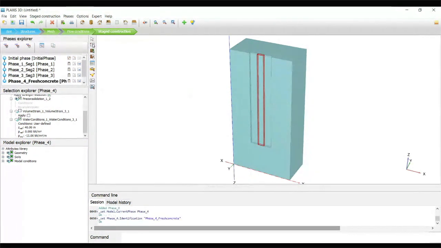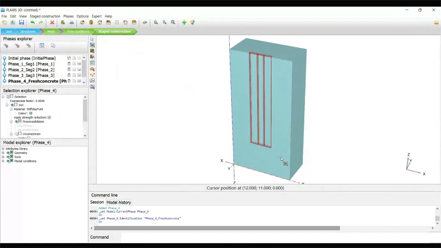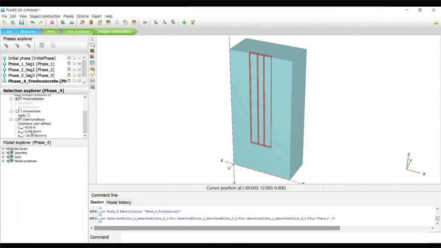Now we are selecting all 3 volumes, and then again the user defined condition. Now instead of minus 11, we are going to use the concrete weight, that is minus 24 kilonewton per cubic meter. We are applying the fresh concrete. So this is the 4th stage.